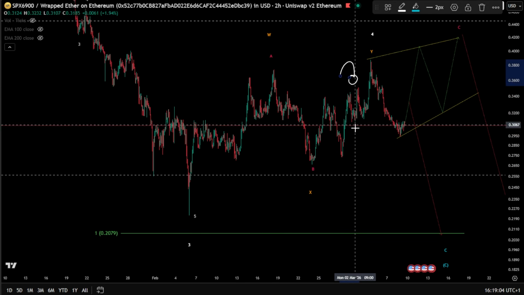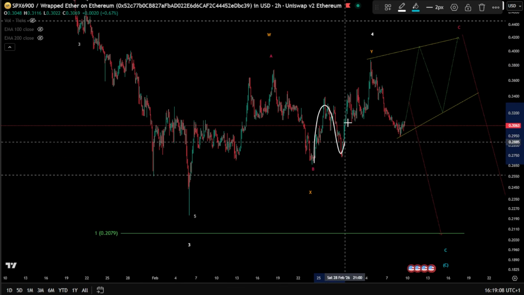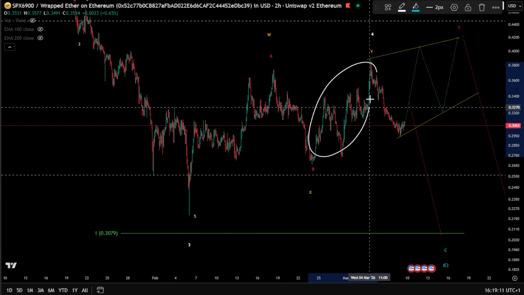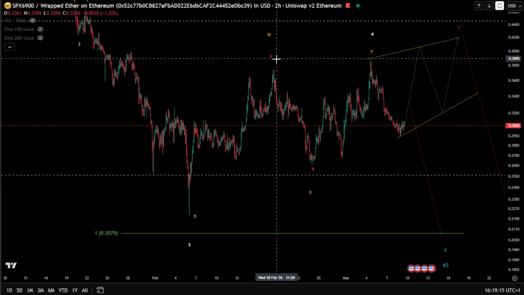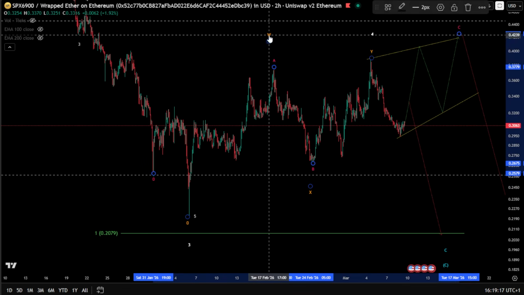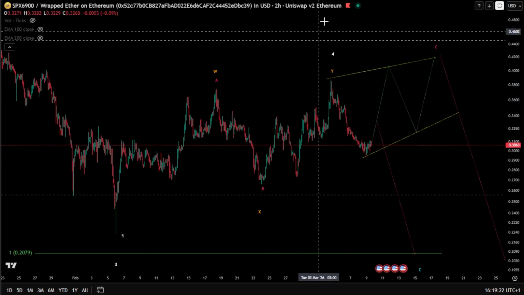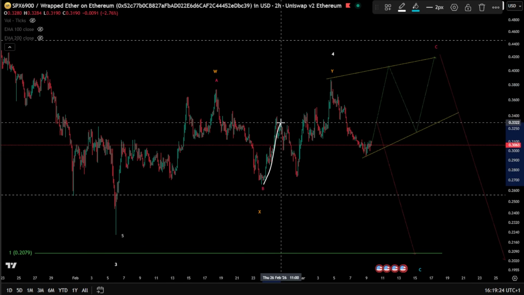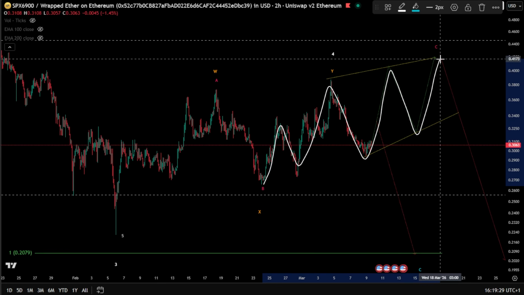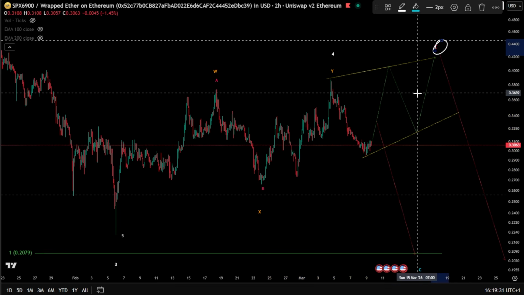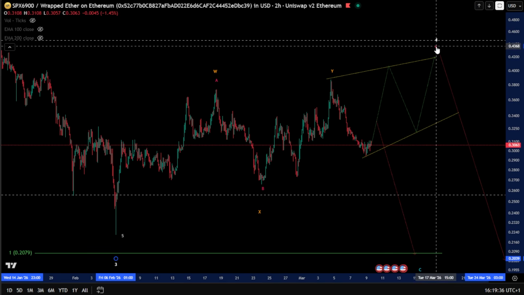Again, question mark, what the hell, right? So why we would like to get a complex structure inside a wave Y, even it's already complex. So that is very rare to happen, honestly. And it might be, of course, something unfinished, meaning we're still looking for something toward the upside here. Can be something as a zigzag, wave 1 here, wave 2, wave 3, 4, and a 5 still as an ending diagonal. Finishing up a wave C, meaning wave 4 might still be finished over there.